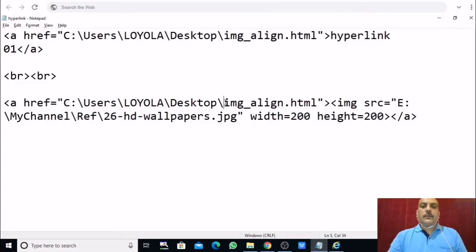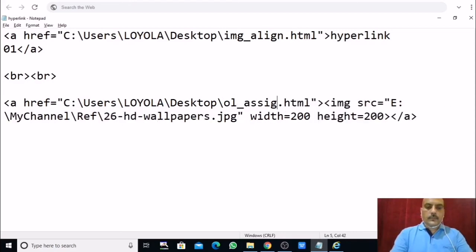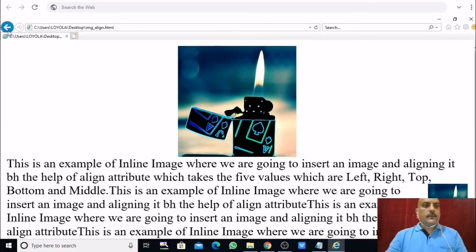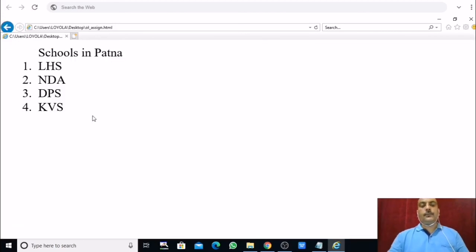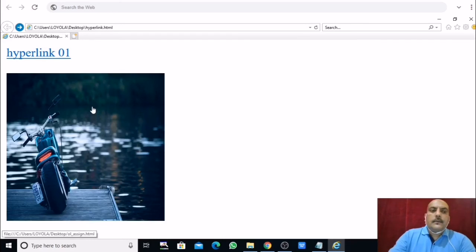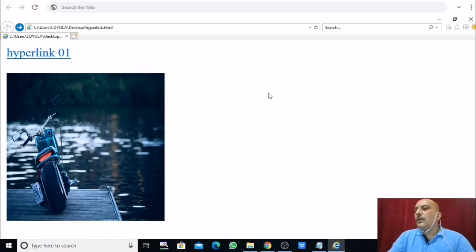So give that path, ol_assign.html, save, and now see it. One is hyperlink, which is taking us to this page, and one is this hyperlink. See, it is taking us to that ol1 file. So this is how we can use a hyperlink on an image also, on the text also, right? I think it might be clear for you all.